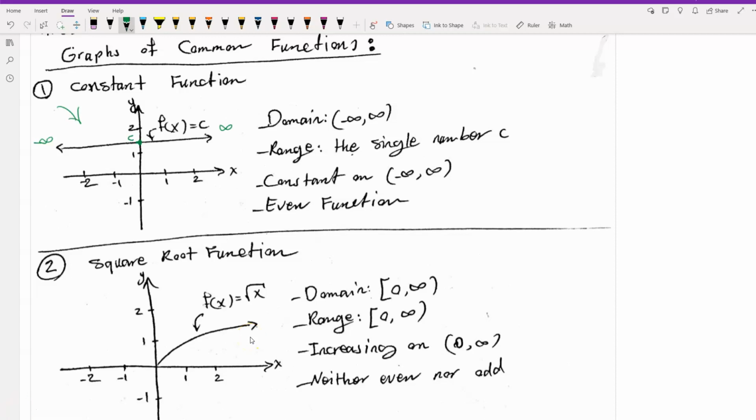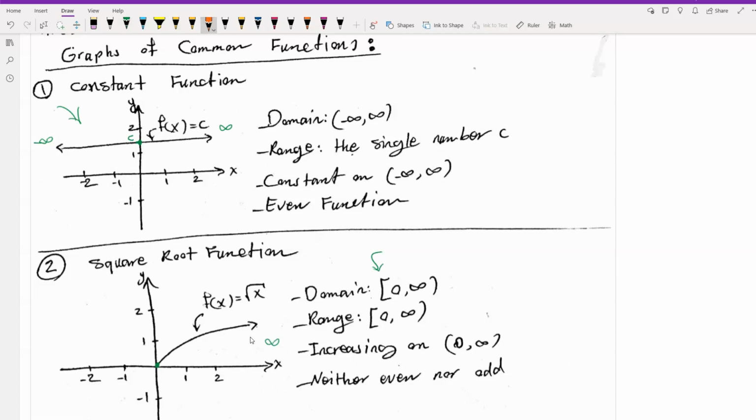Number 2, square root function. So what we have is f of x equal to square root of x. Here we have this graph for this function. Based on what we have here, domain starting from this point. On the x-axis we have 0. Moving to the right, we have positive infinity. And here on this part we have a bracket,